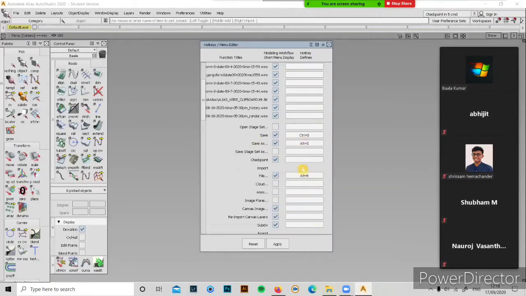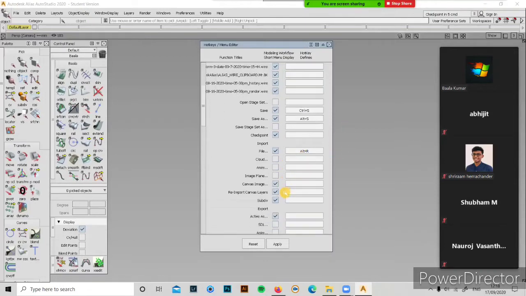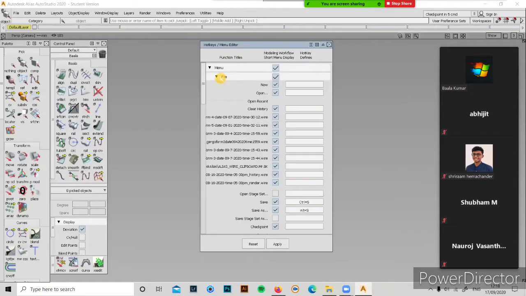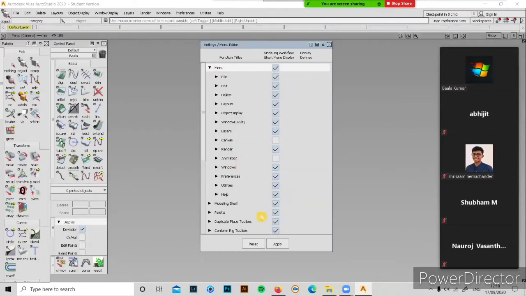If you assign these shortcuts, it will be easy for you to use while working. Most of the shortcuts will be in the left corner of your keyboard, like S, A, D, Z, X, C, V. It's like Shift Control plus X or Control Shift plus C, like that. I will try to send you all these preferences.